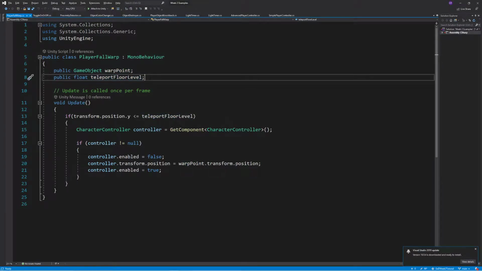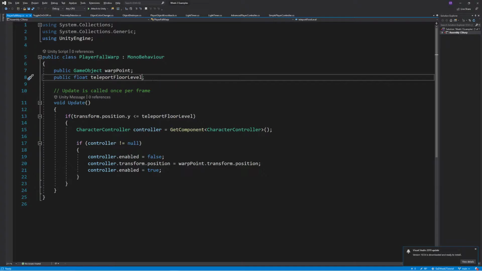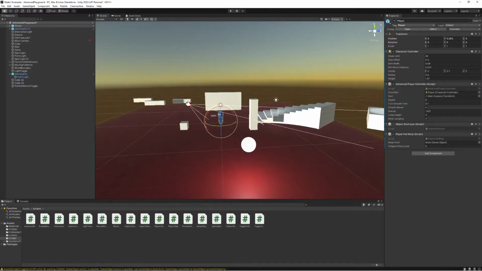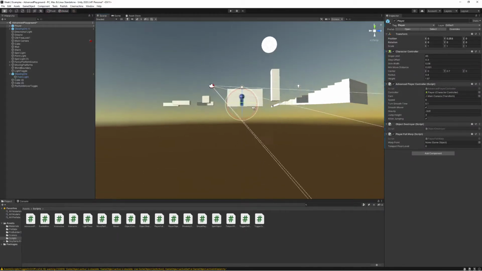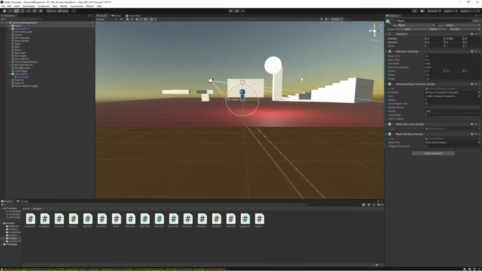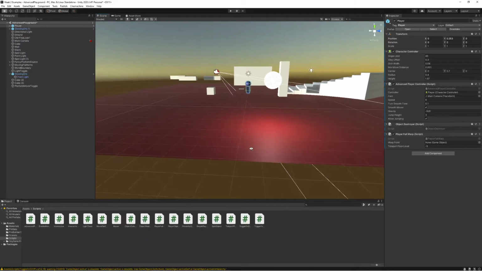And then I also want to have the ability to set a teleport floor level. What this tells Unity is the y-axis height, so remember y is up and down, at which I want my player to be automatically teleported. So if I fall off the edge, how far do I want to let my player fall? I'm going to set mine right now to a modest -5, but you can set yours lower. Don't save it at 0, otherwise you're going to have your player endlessly teleporting in place and be very